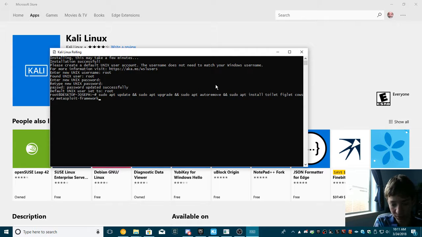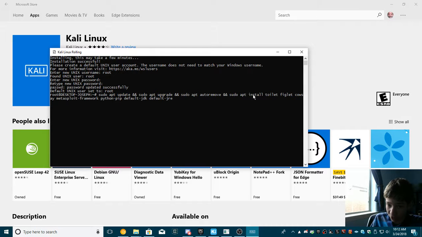Trying to think of, yeah, I think that's going to be good. Python pip and that should be good. Sudo apt update and then sudo apt upgrade and sudo apt autoremove